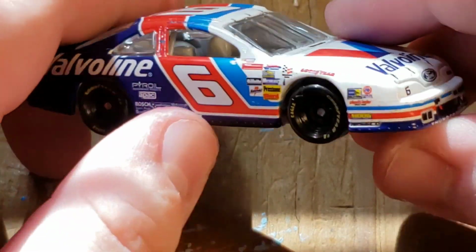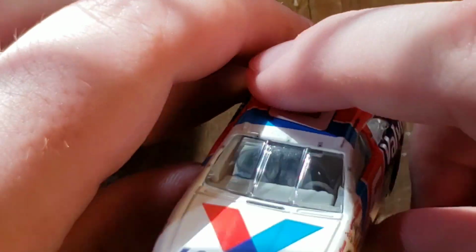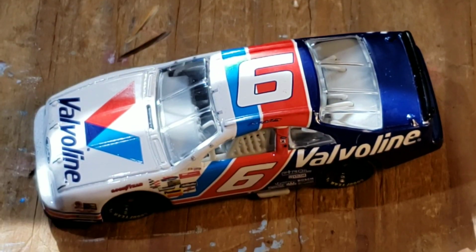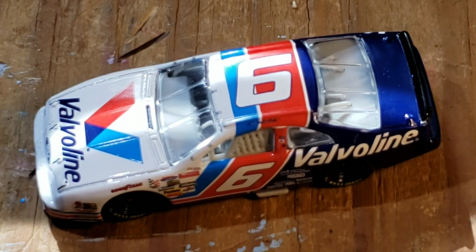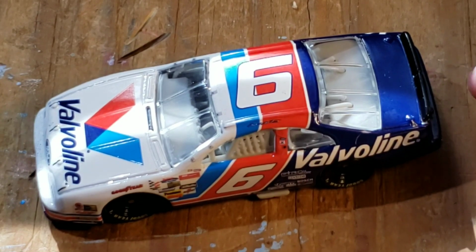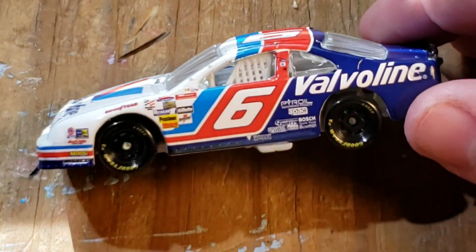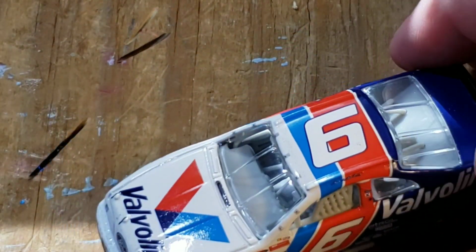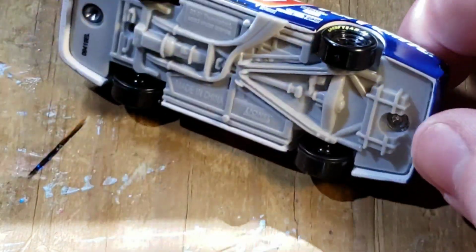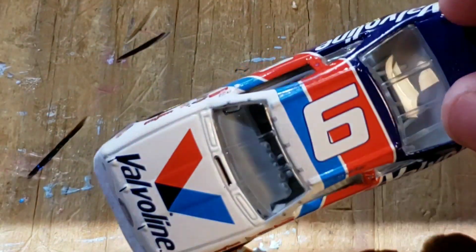But yeah, I mean, pretty cool. Like I said, I love how these are kind of coming out. I wish there was more and more often. But at the same time, one here and there, not really bad. So I'm not really going to complain too much. But yeah, pretty nice diecast. Didn't see a lot of flaws on it. So that's one good thing to look up to, is that these old ones, I haven't really seen a lot of flaws on the